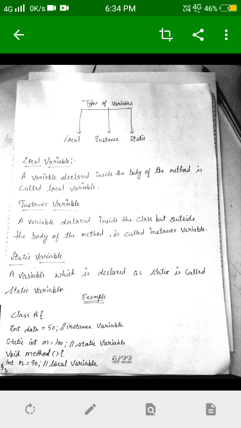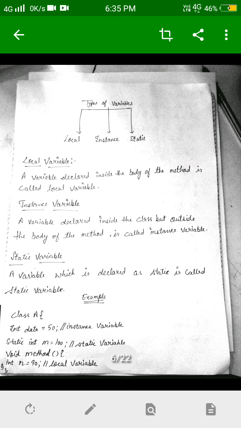For this, let us consider one simple example. I have created a project, and after that, in a class you declare a variable. Here you can see there is a class, the name of the class is A, so class A, then curly braces. After that I have declared a variable: int data is equals to 50.